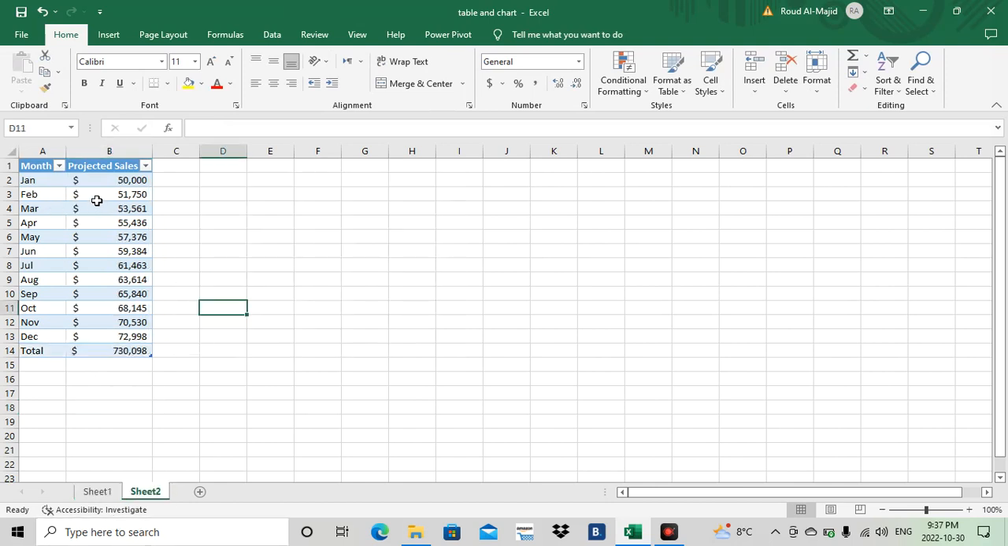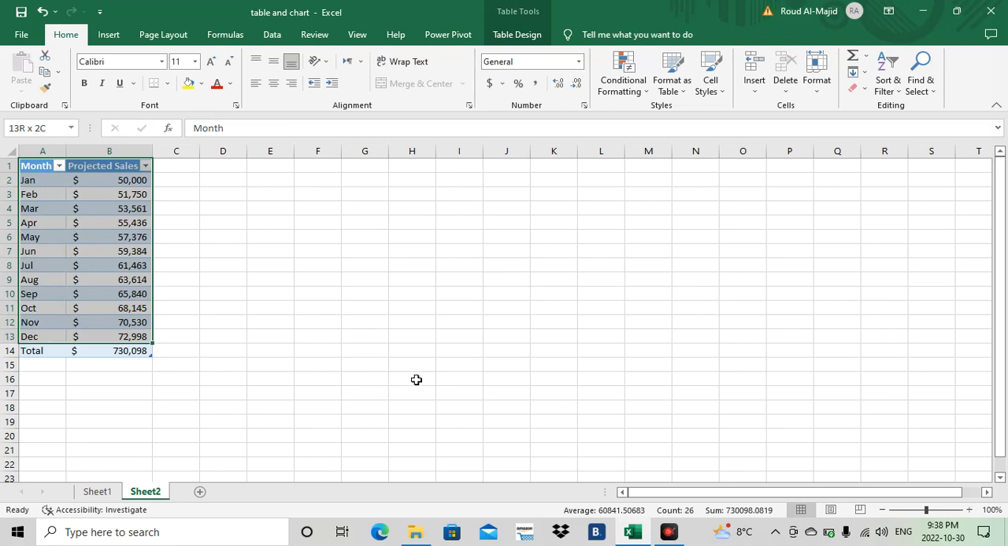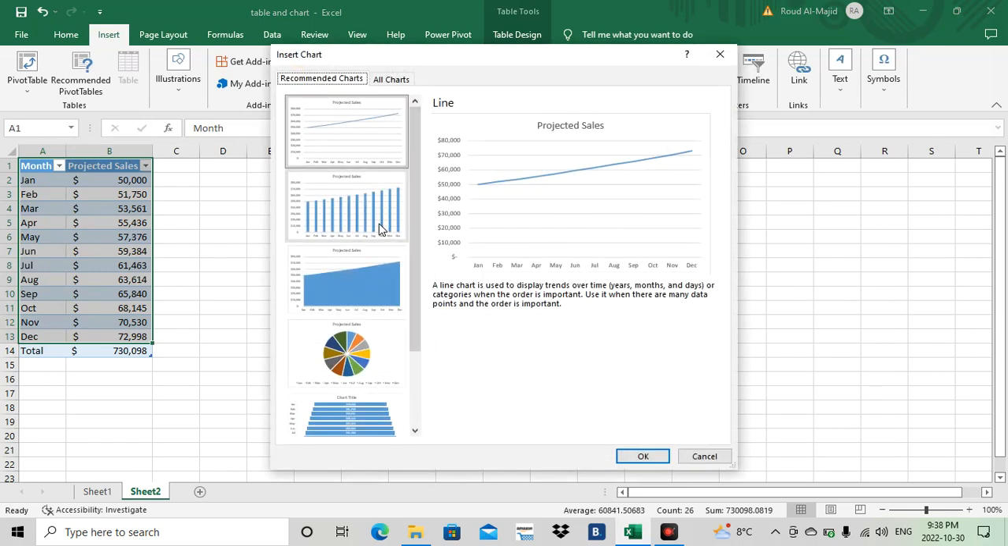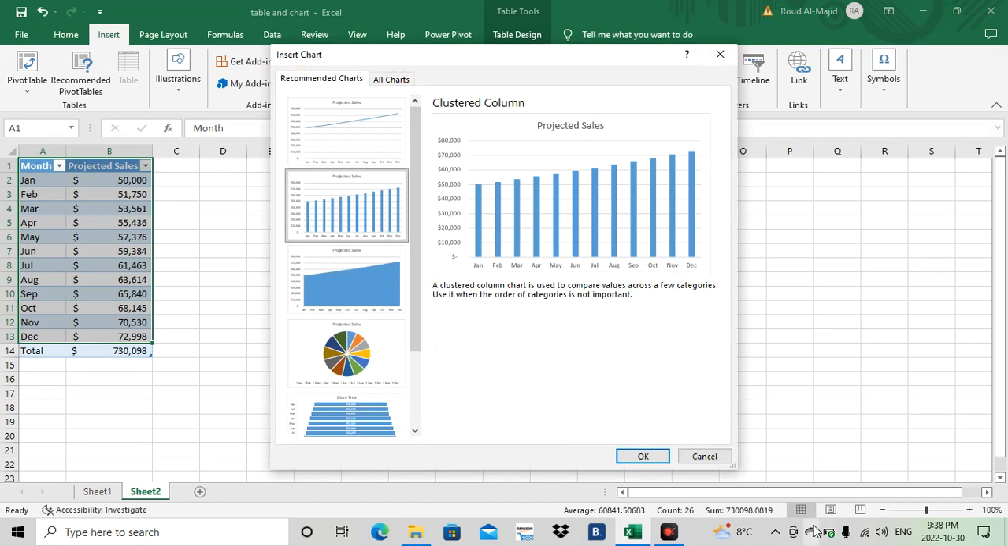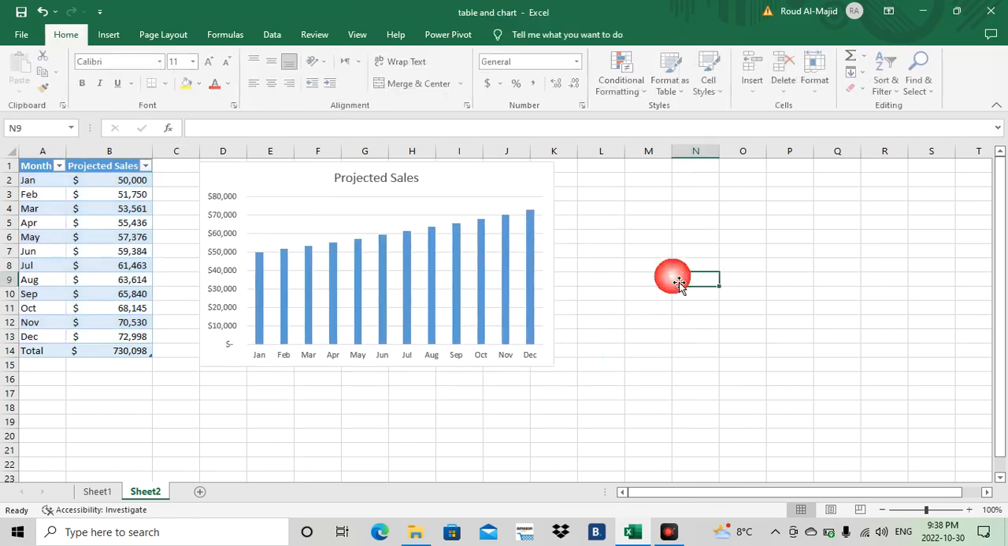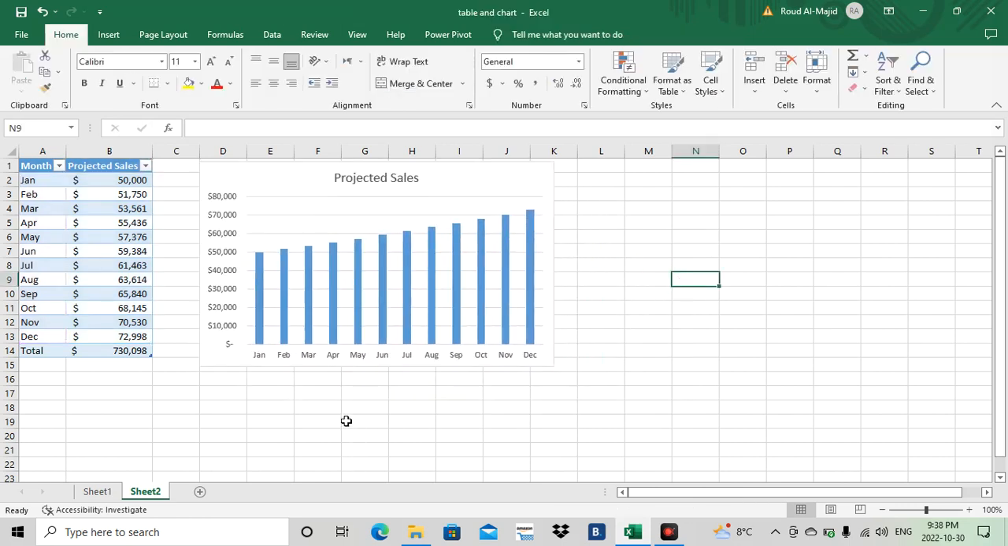Now the final part, we're gonna add the visualization. So we're gonna go on insert, and then recommended charts, and you want to go to the second one, which is the column chart. Okay, and you click on it, you click OK, and here you have it. All right, and that's how you build a